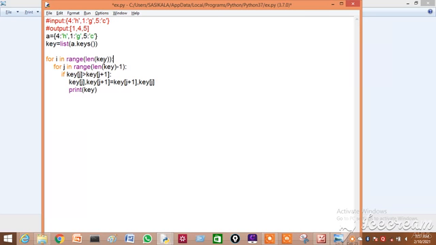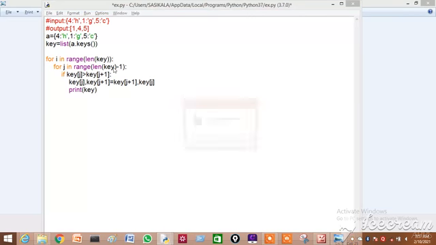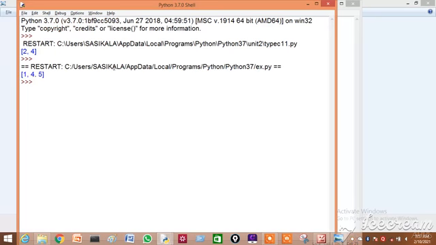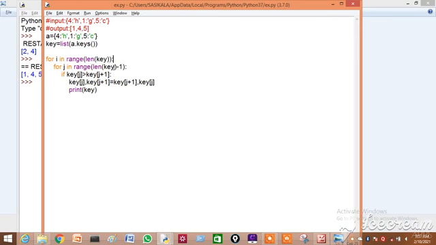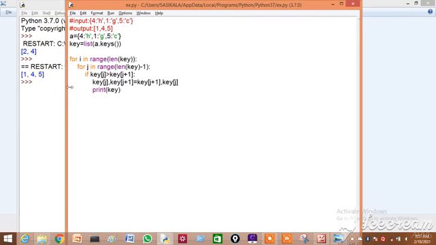This loop is for picking one value, and this for loop is for comparing that value with the other 2 values. Next it will take the next value 4, and compare it with 1 and 5, like that. Let us execute now. You can see we got our expected output 1, 4, 5.